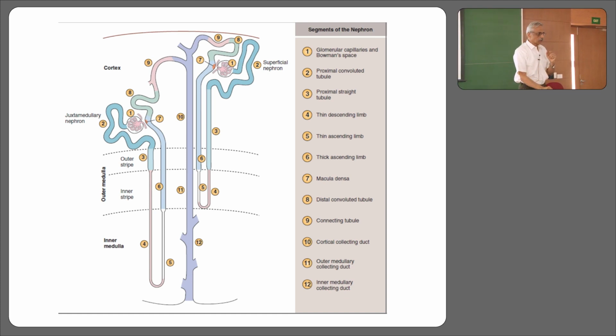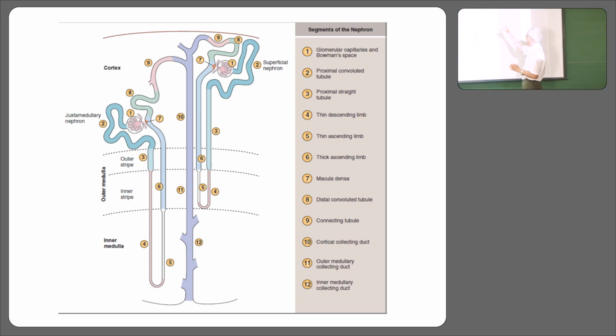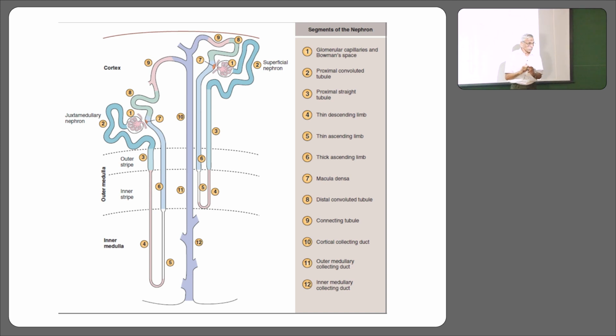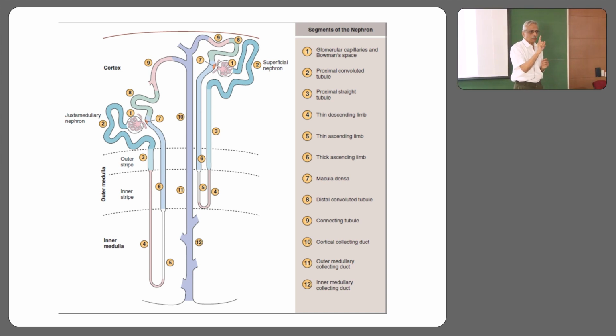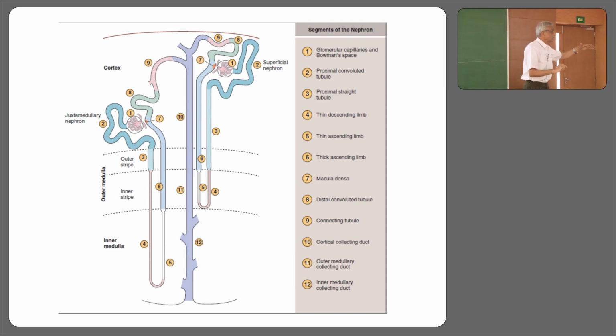You're right. The tubule as it goes down and then comes up, it talks to its own Bowman's capsule. It's a peculiarity of mammals. The tubule goes down into the medulla and then comes up and then talks to it. Why am I using the word talk to? I'll tell you a little later. There's a signaling happening here, and then the rest of the urine goes here. And then this collecting duct will receive it from hundreds and hundreds of the... What am I talking about? I'm talking about a nephron.